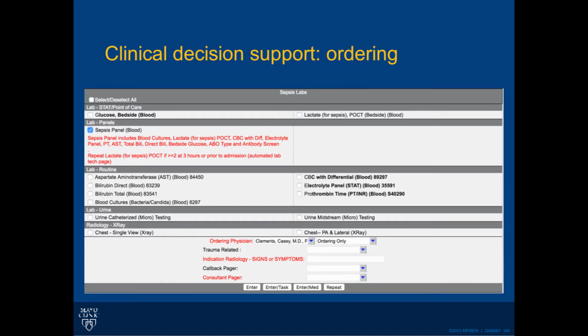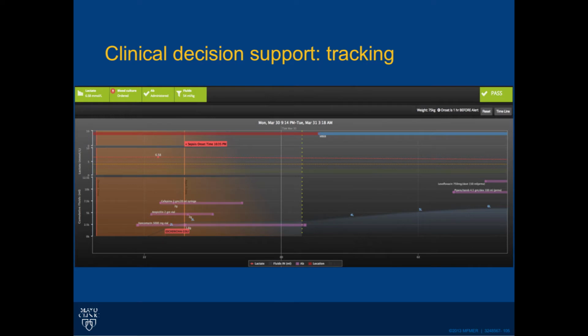Once you click that you think that it's sepsis, you're offered decision support with your ordering. It brings up our laboratory ordering and capabilities for getting urine and chest x-rays and the like. And then throughout the time of your resuscitation, there's a tracking board. That tracking board in the upper left-hand corner has our 4-element bundle that we expect people to do, and these turn from red to green as they've been completed.